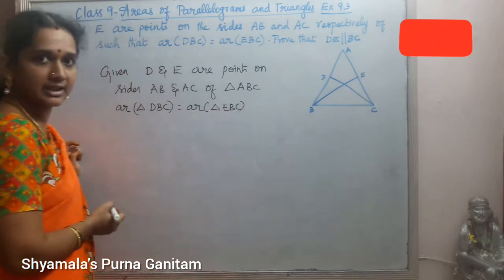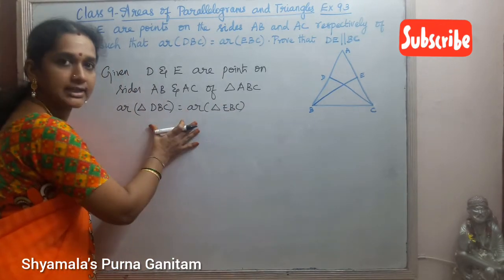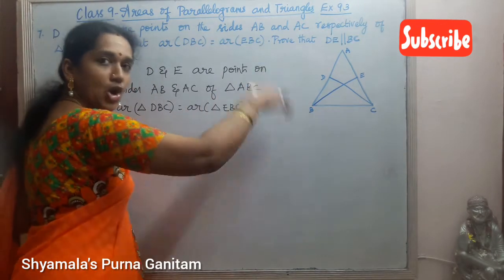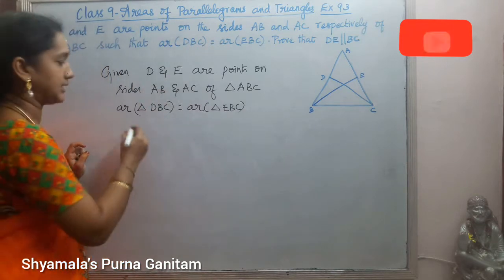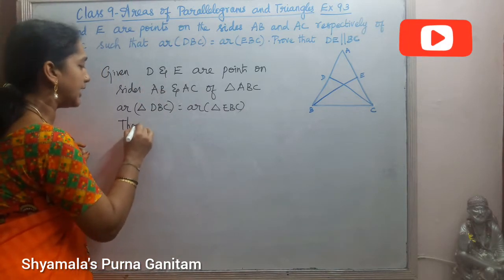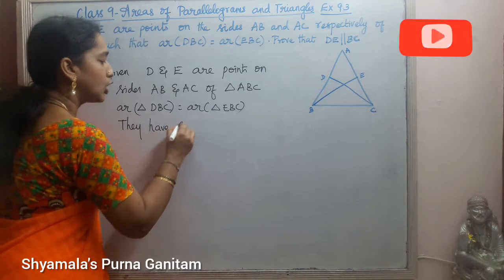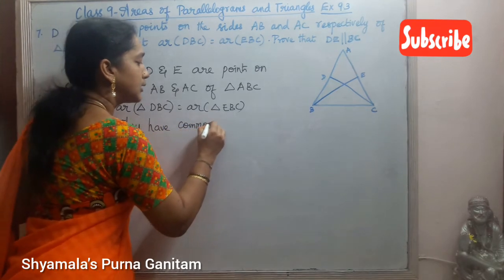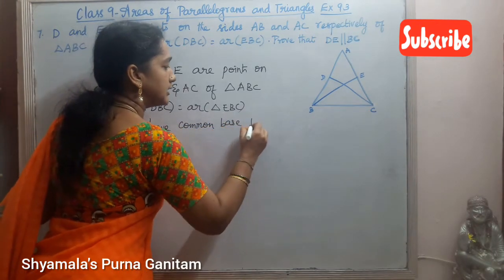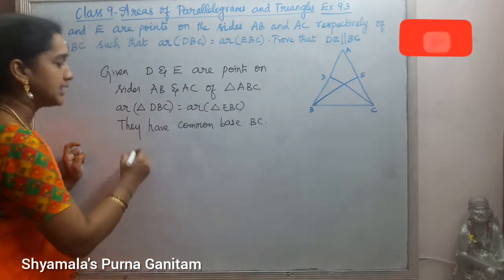So these are the things given. Since the areas of these two triangles are the same, and they have a common base BC,